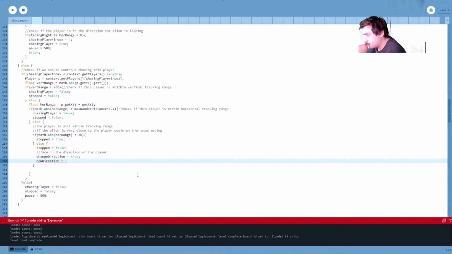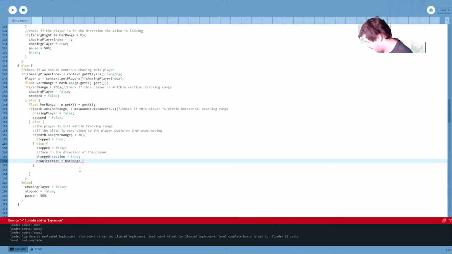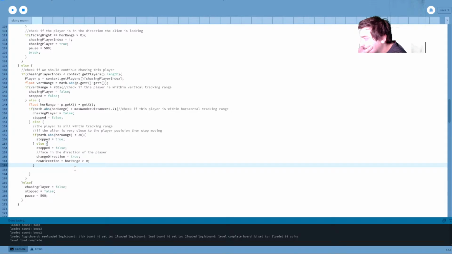New direction is going to be equal to, so basically actually it's just going to be this greater than 0. Alright, and that should, oh, that's not it.